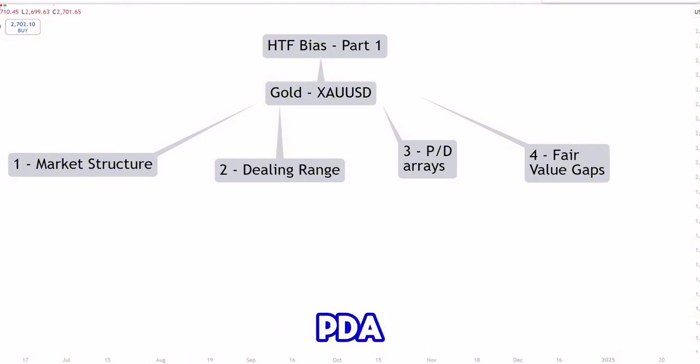Step 3 are PD arrays, or premium and discount arrays. These are essentially the bread and butter to what we mean by buying low and selling high. And I'm going to be introducing you to a very, very simple way that ICT traders can use the Fibonacci tool to their advantage to derive an overall